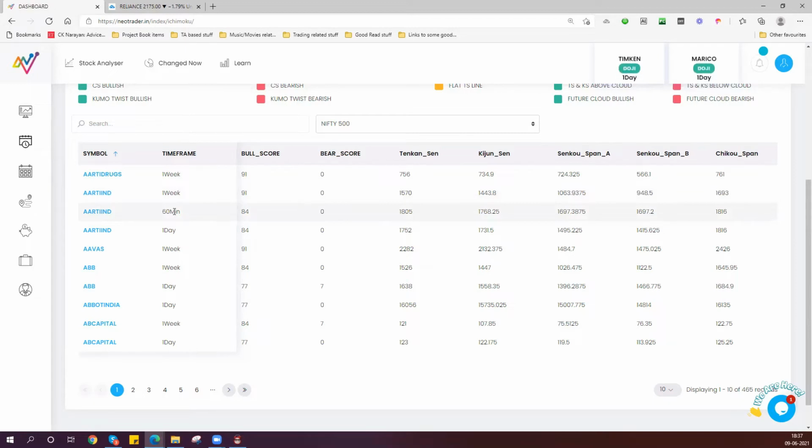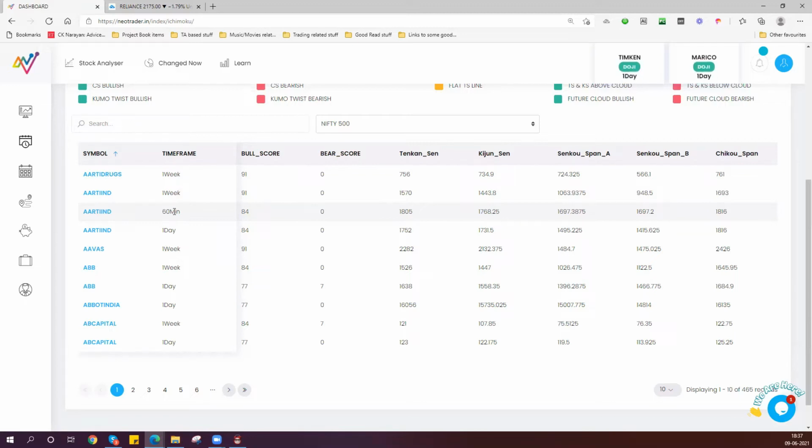So therefore, if you were to make a comparison, and if you have the choice between buying an Aarti Industries and buying an ACC, then the decision gets made very easily for you, because Aarti Industries is bullish over 3 time frames, whereas ACC was bullish over only 1, and which was the weekly. Now you must remember that the higher the time frame that this happens, the more indicative of where that trade will pan out or where the trade can be successful.